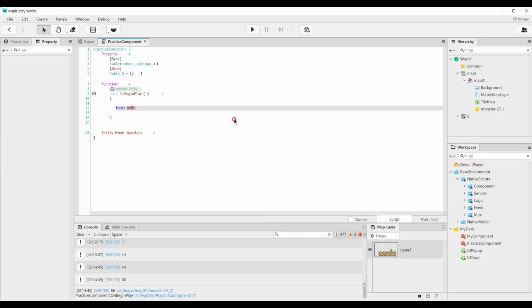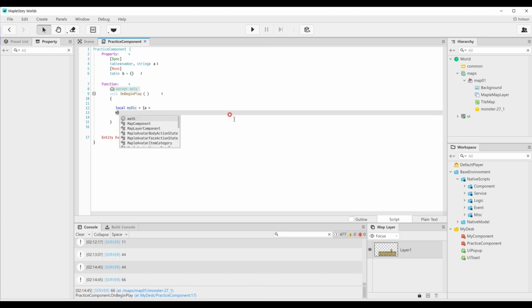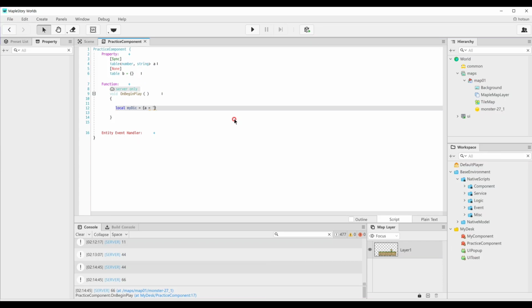Let's say my dictionary equals A equal my number, and my number 5, my string equals, my boolean true. So this is my dictionary, and now